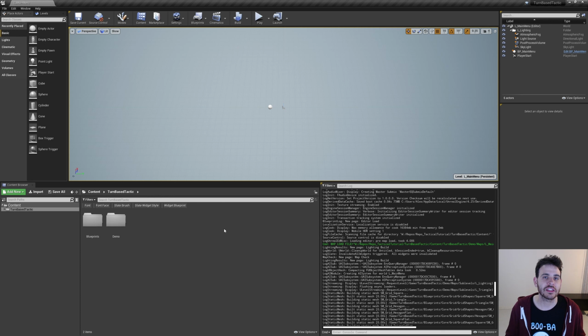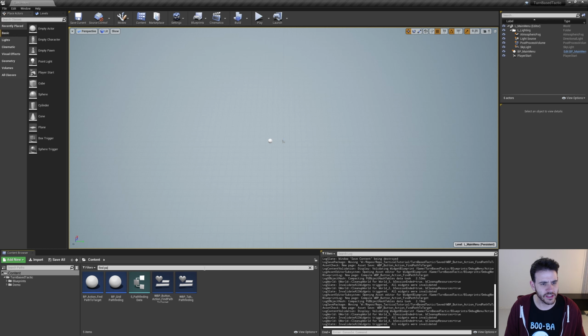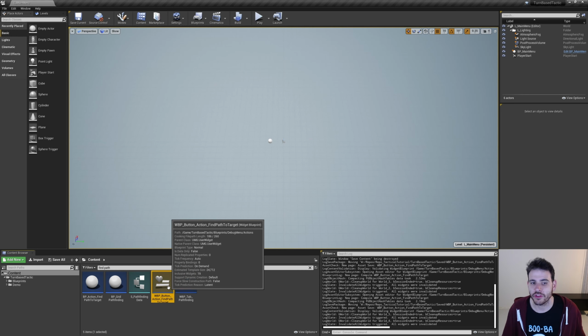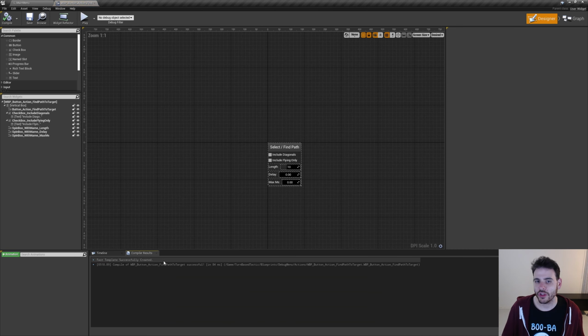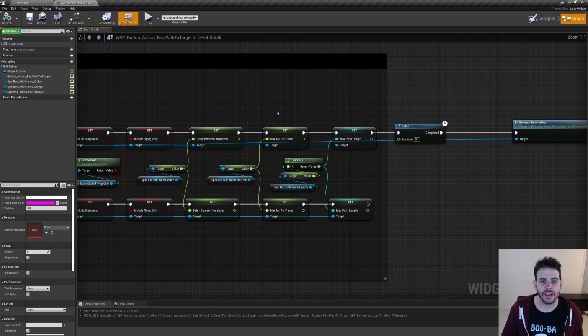Now we just have to fix a few bugs here and there that I saw while I was renaming things for the marketplace. And the first one I saw is inside one of our action buttons, the button that finds a path to a target. So I'm going to look for find path to target, WBP button action find path to target that we have right here. Going to open the widget, and here in the graph at the end we are executing the action